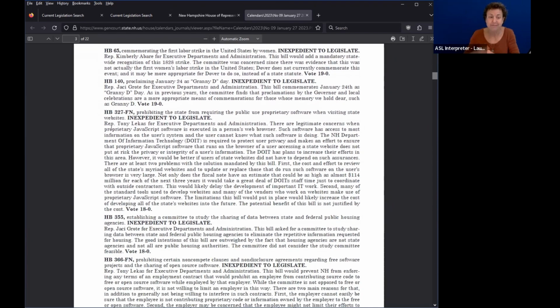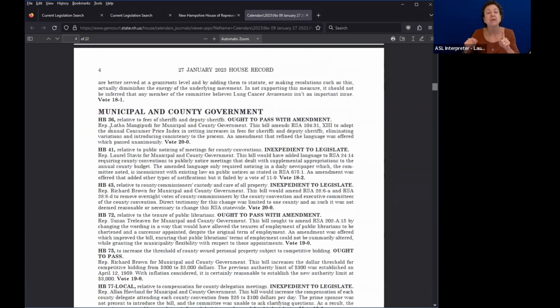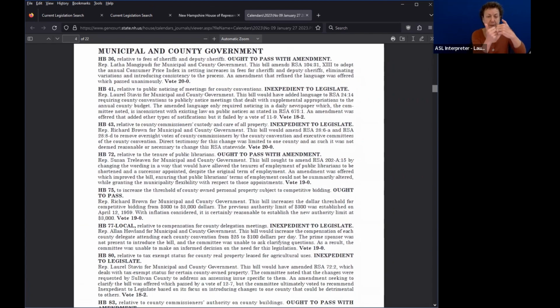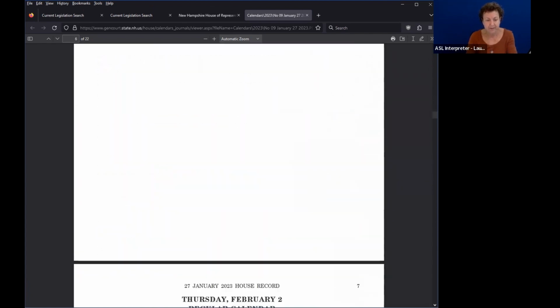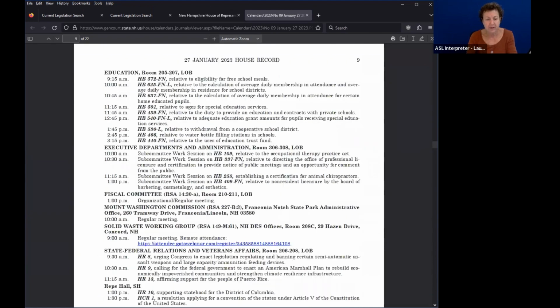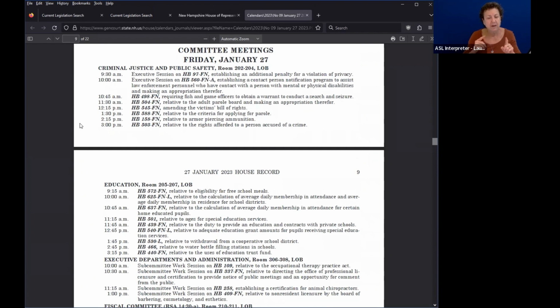Anything on a regular calendar will be taken up individually. If we scroll way down, all past this, we can also get a schedule of all the upcoming hearings that'll be coming up. And these are broken down by committee, and this is really handy,